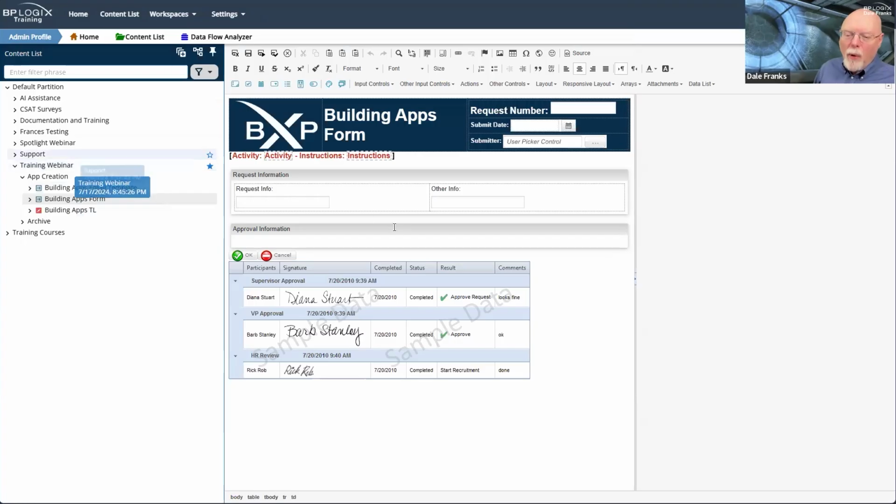At some point, once I'm done building my form and I'm ready to move it into production, then I can go ahead and move it. However, even on my dev server, and this is, by the way, where we should be working, right? We should be working on a dev server. We should not be building things on the production server. We should not be directly editing things on the production server. All of the work that we're doing here should be on a development server.